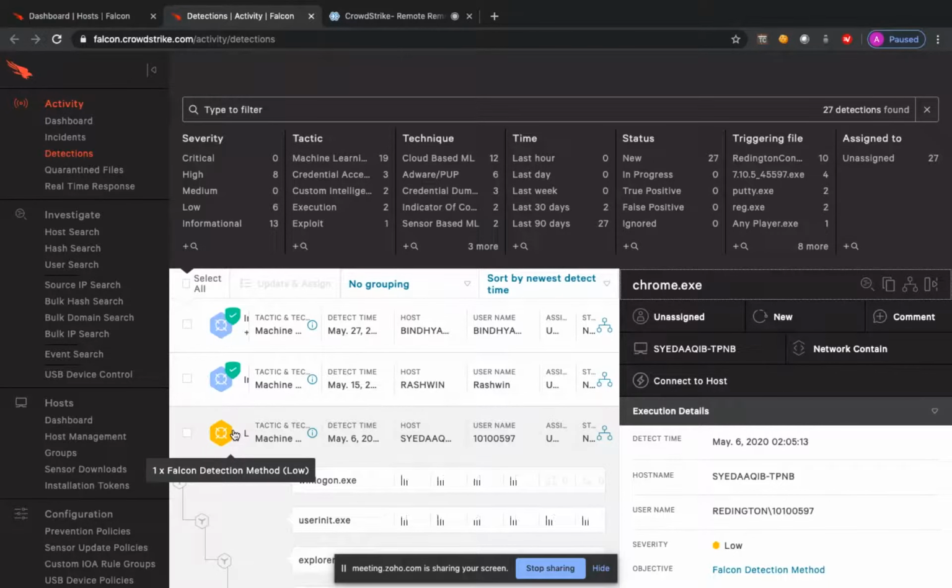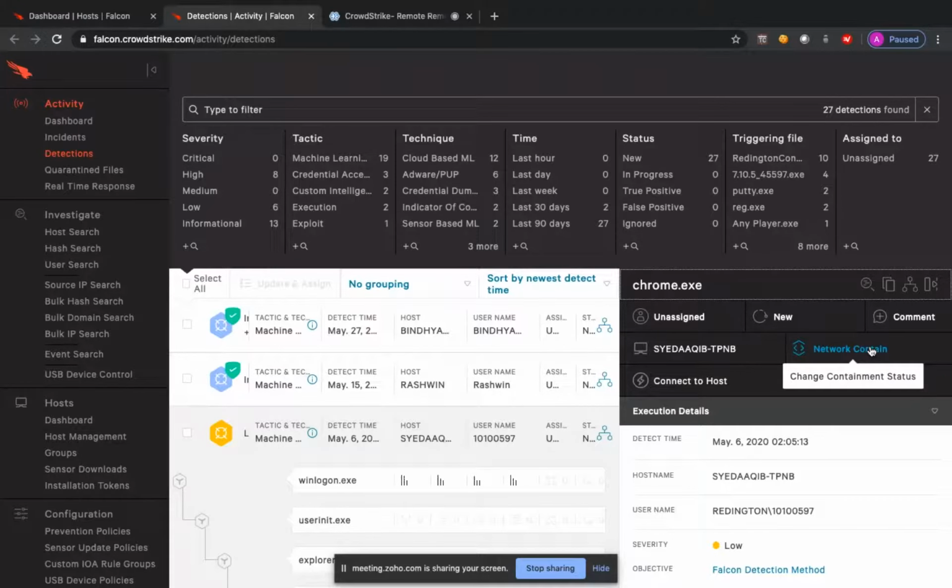So what you need to do in that case is, the first thing is you need to network contain it. When you click on network contain, it's going to chop off all the layer 2 and layer 3 channels, right? So you'll not be allowed to browse the internet, or interact with the immediate systems or endpoints. So your whole system will be contained, and after you contain it, you will be able to connect to the host remotely, right?